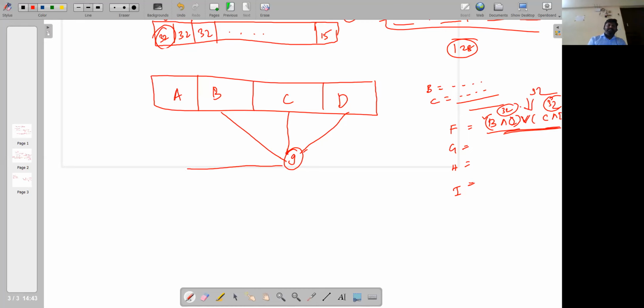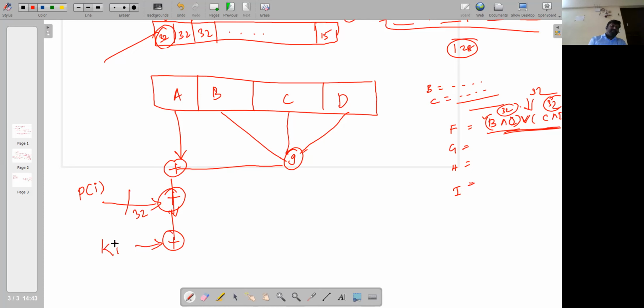Now again, this is added with the value stored in register A, and then here we pass the input, which is the 32-bit plain text block. Whatever result we get will be added with another constant value, 32-bit in size, which again produces a 32-bit value.